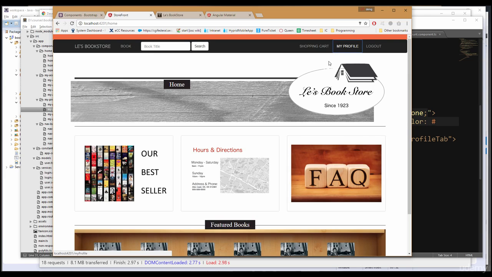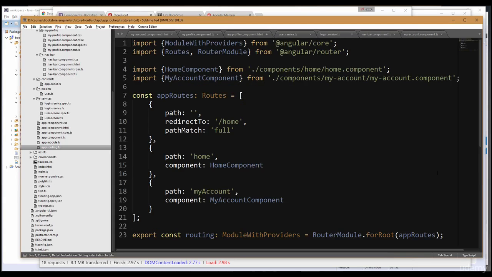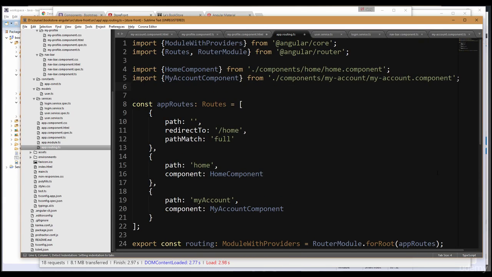My profile. Okay, it's not responding. Well, I guess we forgot to add this link to our router. So in our router, we need to put my profile component from components my profile,